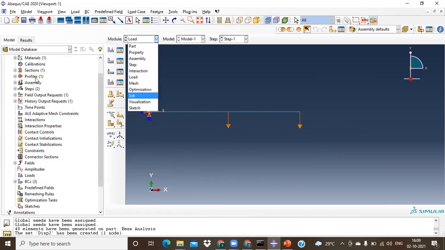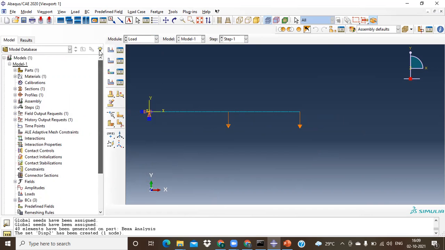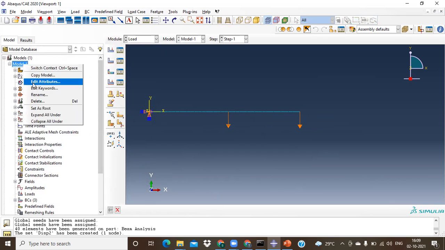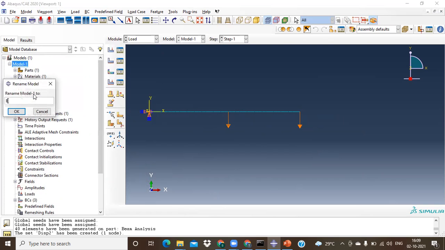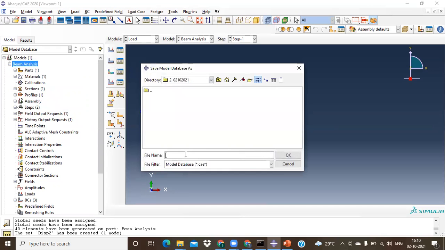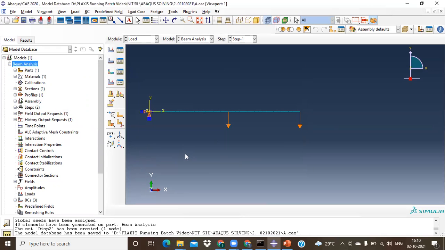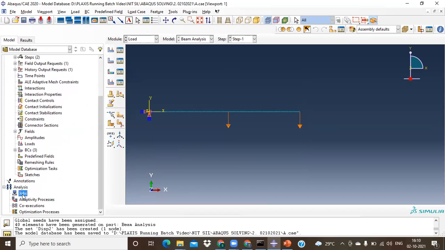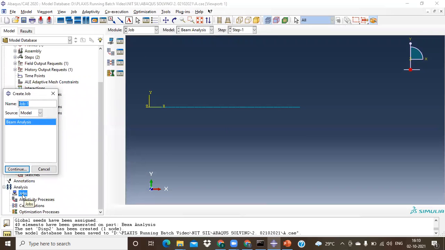So now it's all mesh, everything is done. So let me go and rename this as beam analysis. File, Save As, I'd like to save this as A. Now in the same location, I would like to save this as beam_analysis_B.